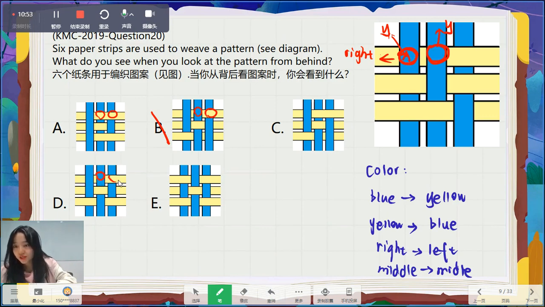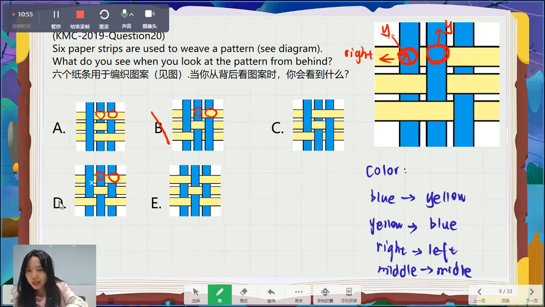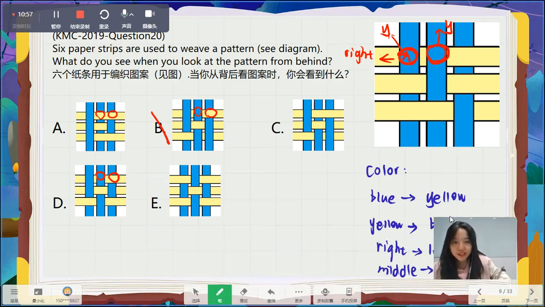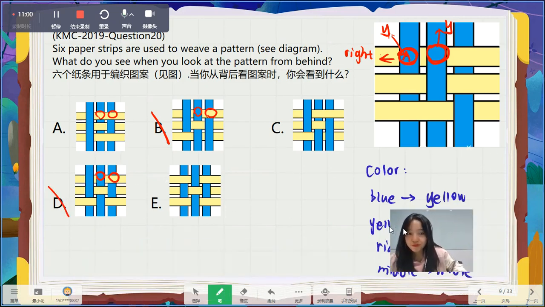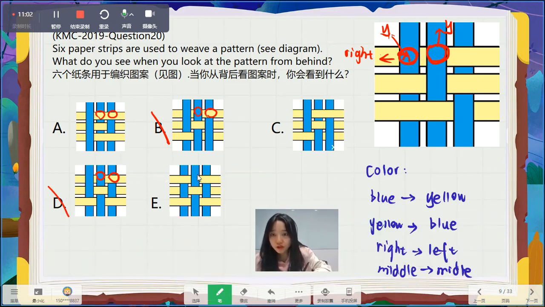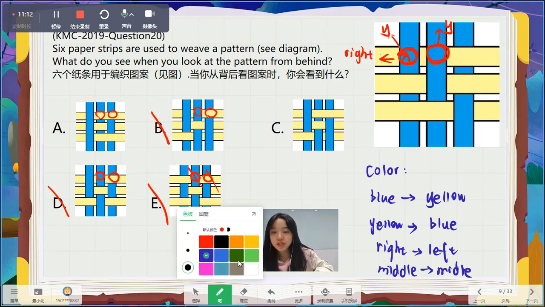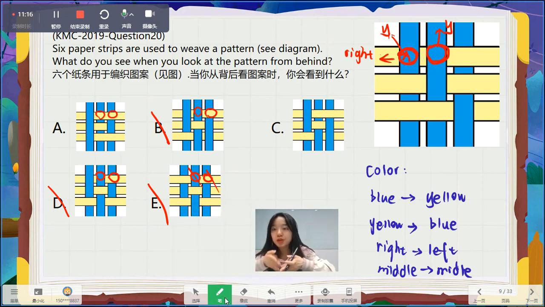They are different colors, so it can't work. How about E? Well, still, they are not the same color, so we can cross E out. So finally, we only got A and C to compare. If you want to find the answer as fast as you can, just compare the different part between A and